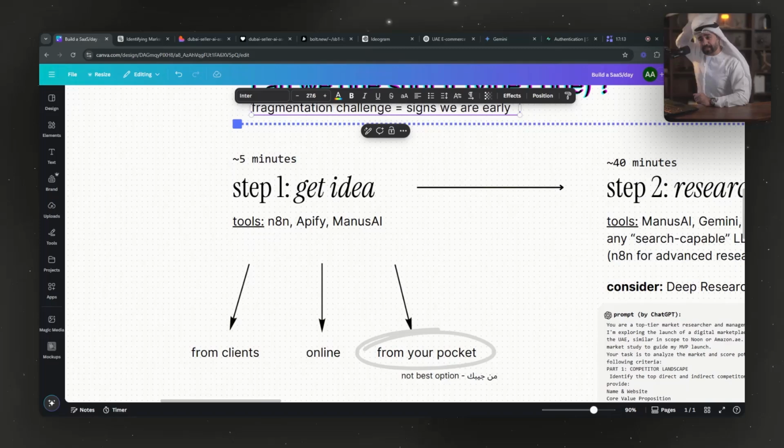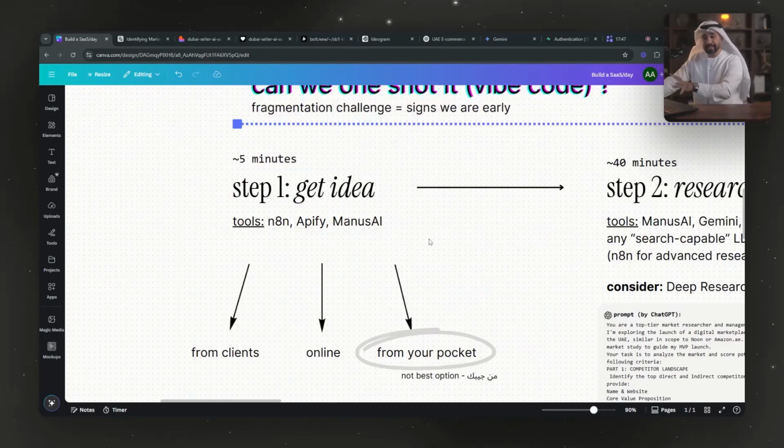And I even asked around once I got this idea. I asked around, what do you think about this task, this app, this SaaS that I just built? Do you really need it in your business? Is it in demand? Do you think people would buy this? People would invest in it? And they told me, and I was not aware about a particular topic which I'm going to show you, that this is really popping up in the UAE right now. The demand is extremely high and it's going up, and it's forecasted to increase even more. So this is just a point I'm trying to make, because this was validated as well. I validated from my business experience.